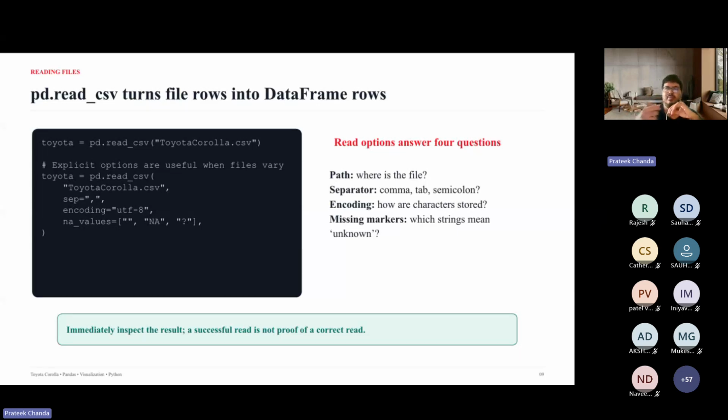Typically you have to just pass the path of the file, wherever the local file path is. You can also give a separator. The default is actually comma, but if your file has semicolons or other kinds of patterns, you can also use that as a separator. Encodings you can specify, like UTF-8. And if you have missing values, like NA, you can replace that with NA or a question mark or any other choice, so that during the visualization or the pre-processing process, you can handle these kinds of things.